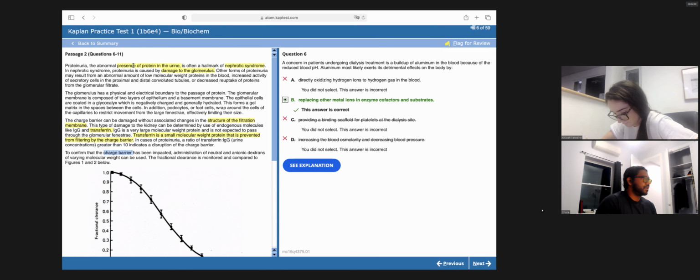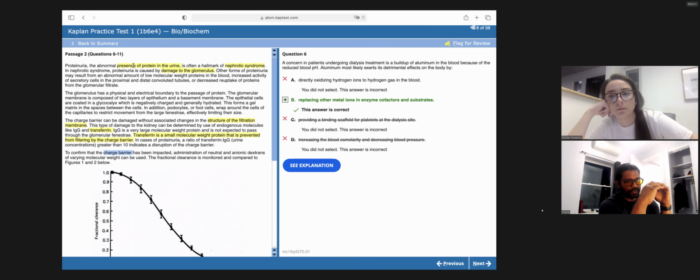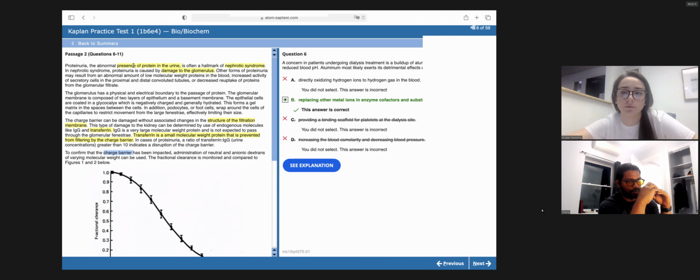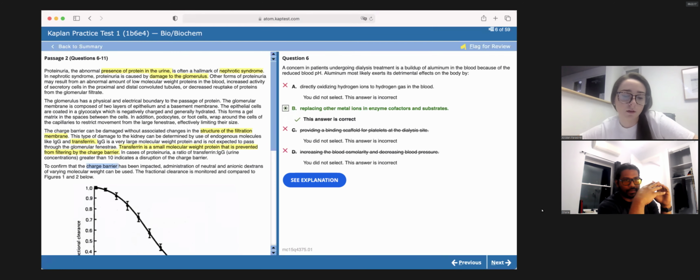Okay. So they're saying that it could be caused by damage to the glomerulus, which is the thing. There's the Bowman's capsule, and the glomerulus is basically where the blood gets filtered through into the